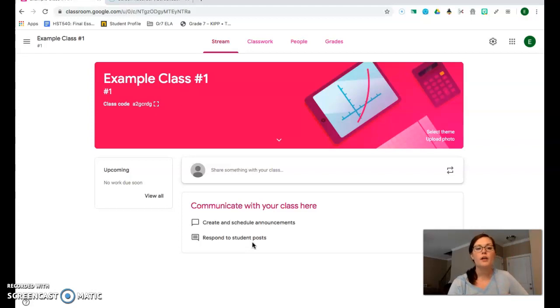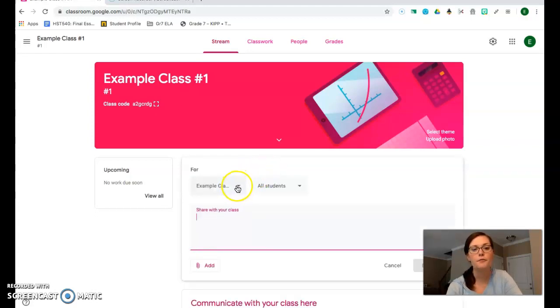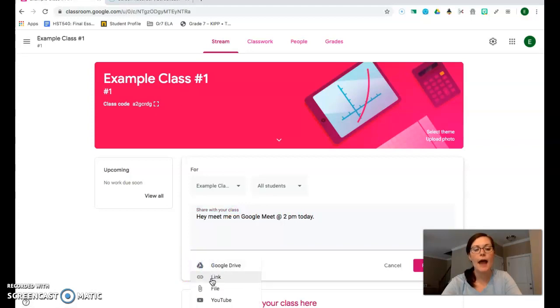So here what you're going to see and what your students are going to see is a place for the most recent updates that you have sent. Okay, something that is very common to post here is just quick announcements. So for example, I have had some class meetings going on for my kids, and so I'm going to say, hey, meet me on Google Meet at 2 p.m. today. And then from there, I can go in and add in the link to my Google Meet, which is